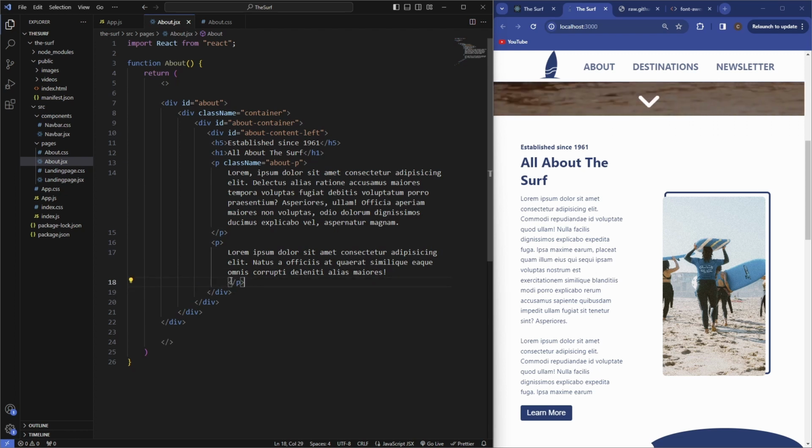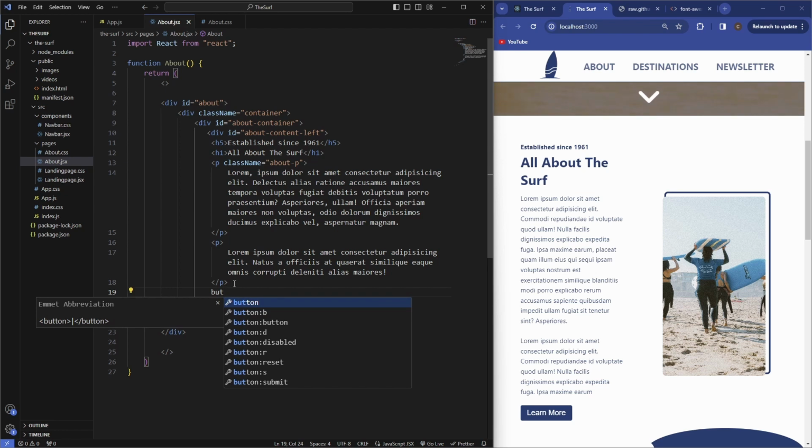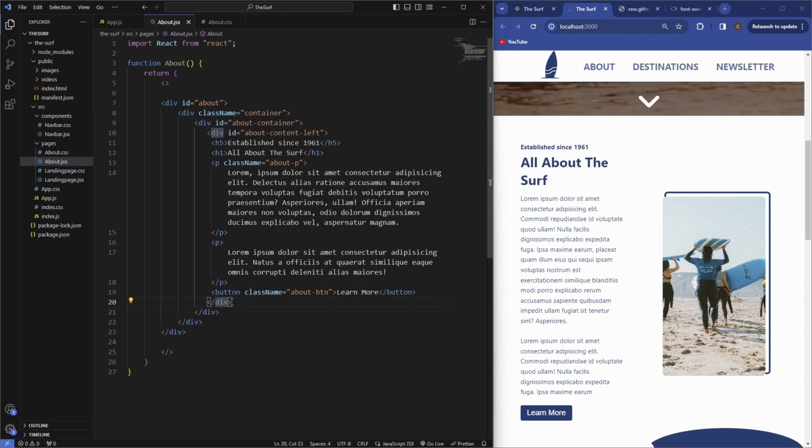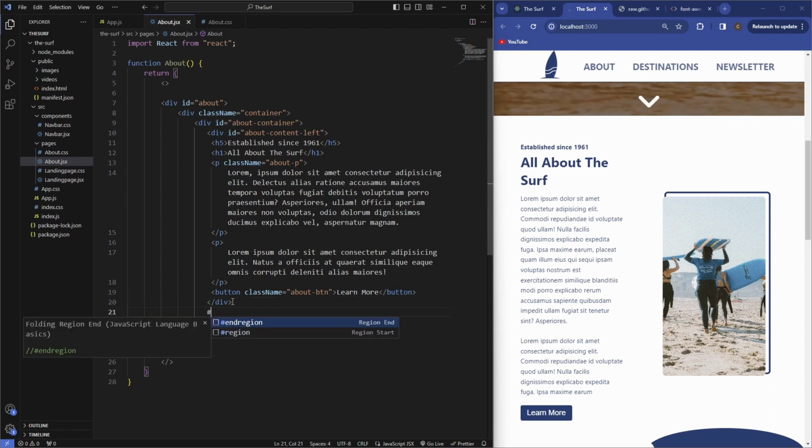Underneath that paragraph, there's a button which has the class of about btn. It just says learn more. So that's it for the left side of the content. We'll do the right side. So this is going to have an ID of about